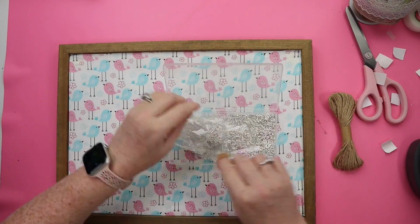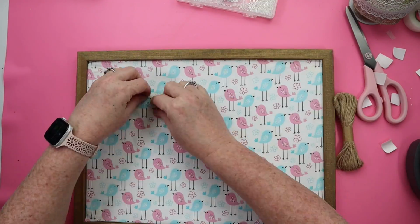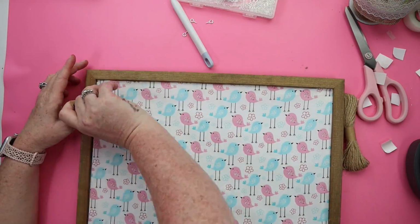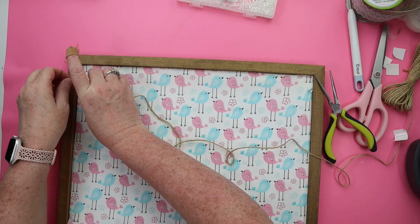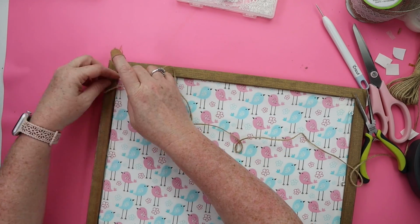Now it's time to attach the eye hooks, so I grabbed 4 of those and attached 2 towards the top that were across from each other. I just eyeballed it, and then I did 2 towards the bottom third, again getting them across from each other the best that I could. Now you want to attach some twine, making sure that you tie it tight between the 2 eye hooks,